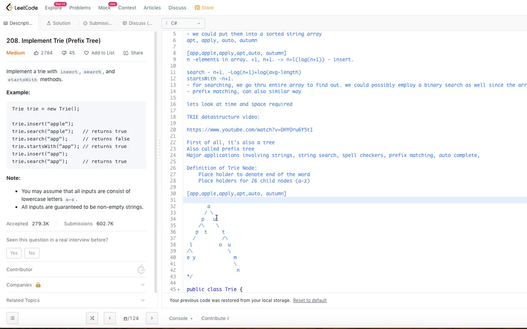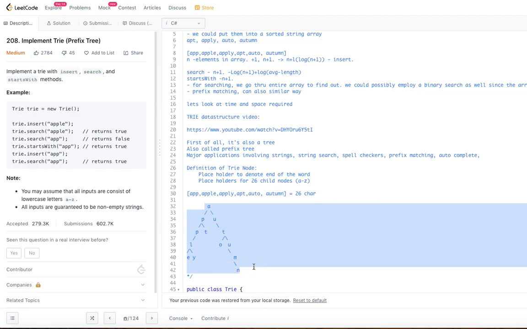But how many trie nodes have we actually created? 1, 2, 3, 4, 5, 6, 7, 8, 9, 10, 11, 12, 13. That's it. So for all these 26 characters cumulatively, we have created only 13 trie nodes. The number of trie nodes that we create is actually, at each level, the distinct number of characters.